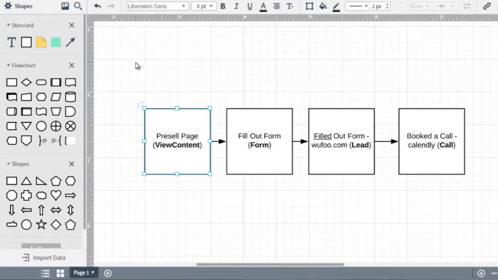So this pre-sale page could have maybe a short video or really good content that would warm them up. So this would be the view content standard event. Now the next form is when they click, fill out this form, and then they land on the form. So if they fill out the form, so this is the form here, and there are actually many different form